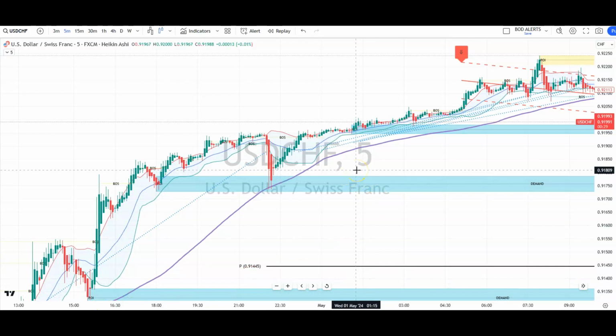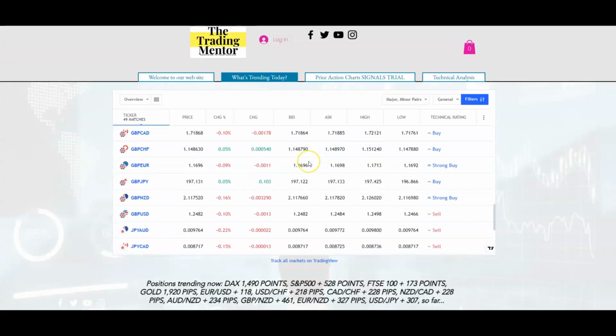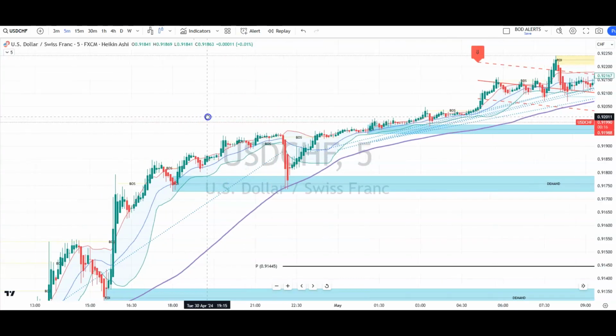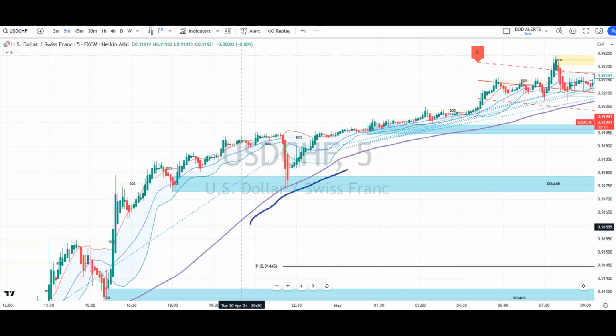And therefore the 5-minute might be a good idea if, for instance, the website says it's a strong buy on the US Swiss. If it doesn't, don't trade it. Make sure the rules are not broken. So we can say that the price is moving up. We have the trend clearly on the 5-minute pointing up. We have the price above the central pivot, which indicates further upside momentum is likely, and therefore we can calculate